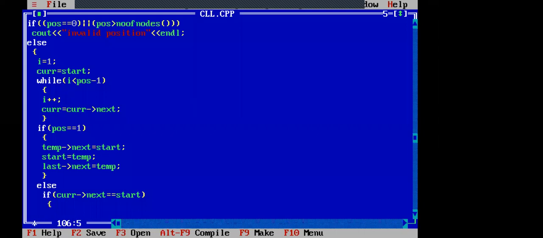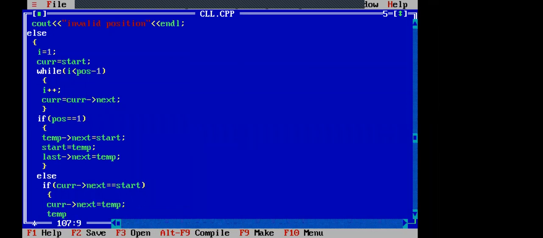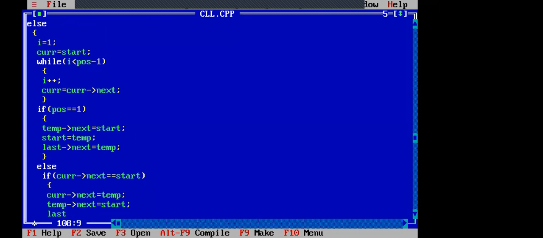If it is a last node, then we have to assign current dot next equal to temp, temp dot next equal to start, last equal to temp.